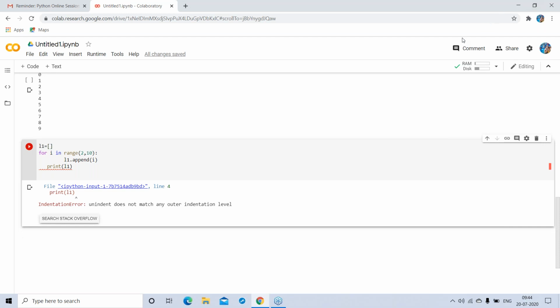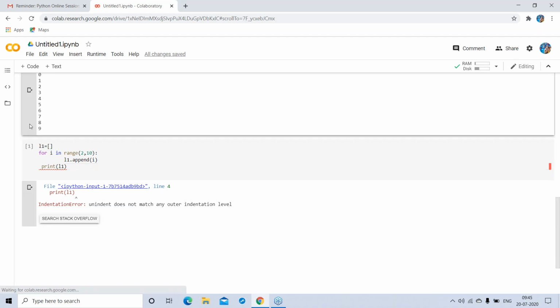In the print statement, give backspace. Keep it at the beginning. Again, it will give you an error.